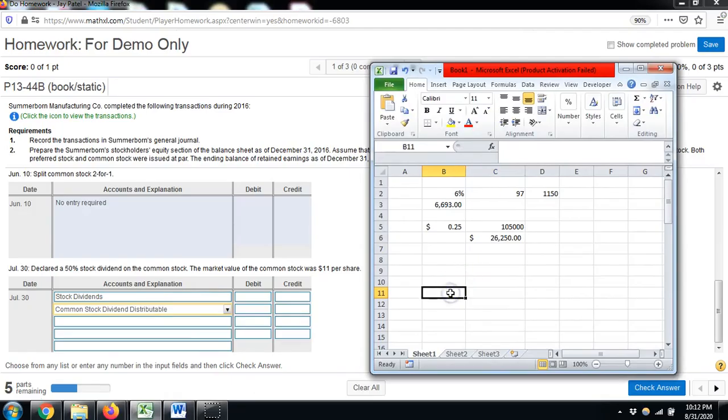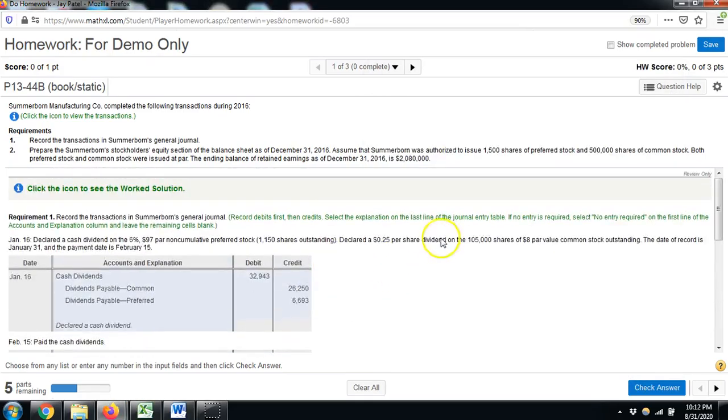And so now let's think about how we want to do the calculation. So we have 210,000 shares outstanding after the stock split, and we're going to do a 50% stock dividend, and then we need a value per share. We're not going to use the market value. We're going to use the par value, which we were told was $8. But again, the 2-for-1 stock split also cuts this in half, because you're basically taking 105,000 shares at 8 and